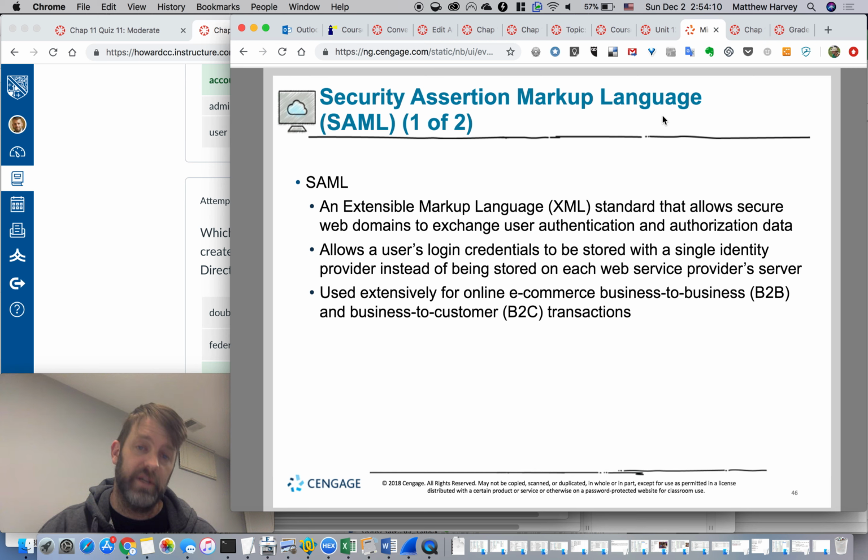So you may have noticed that a lot of services these days say, hey, you can create a new account on our site, or you can just log into our site using your Facebook account or using your Gmail account. And SAML is how that works. With SAML,